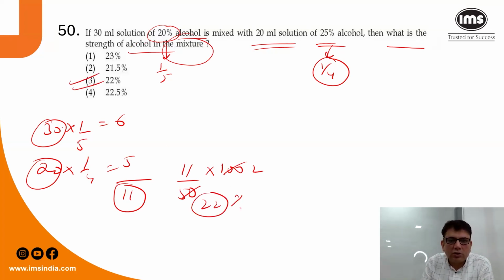तो अल्कोहल होगा 11, टोटल क्वांटिटी 50, 11 50 का कितना परसेंटेज होता है, 22% होता है, थर्ड ऑप्शन इज द करेक्ट आंसर, दिस इज वन वे, अनदर वे इज एलिगेशन, अगर आपने सीखा हुआ है तो उससे भी कर सकते हो, सो वी हैव 30 ml solution 20% alcohol, 20 ml solution 25% alcohol,